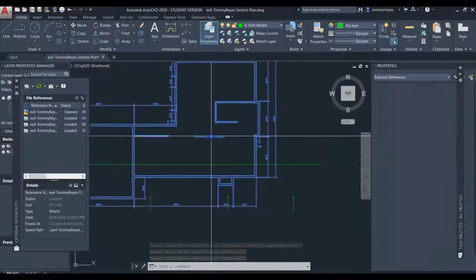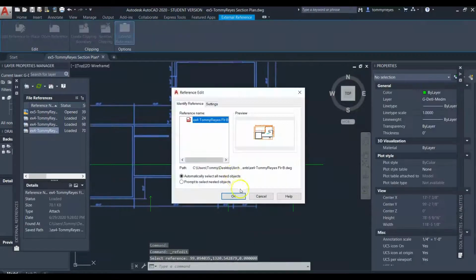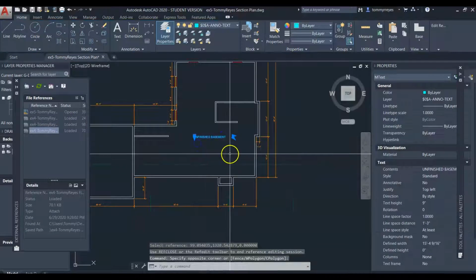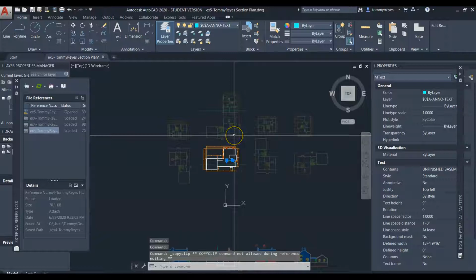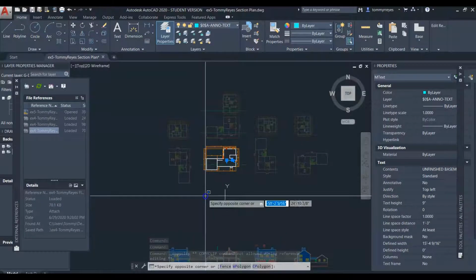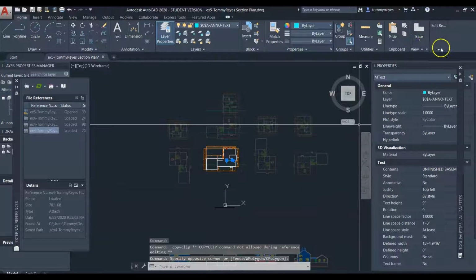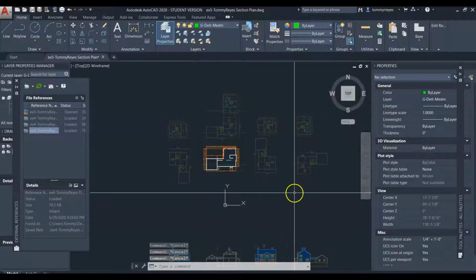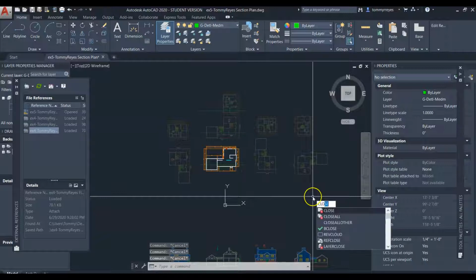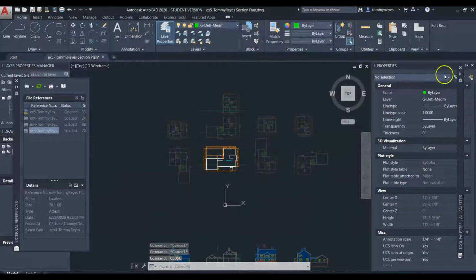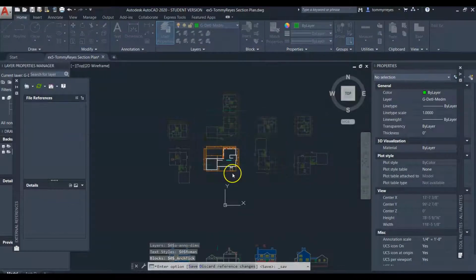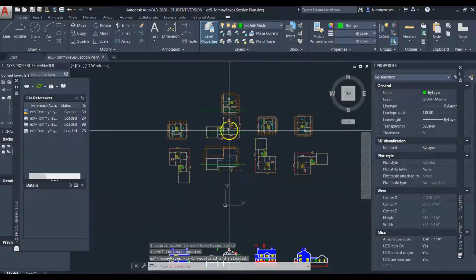And now I want to go into here and just copy this. Hit escape. No. Oop, cancel. Alright. Save changes. Okay, so